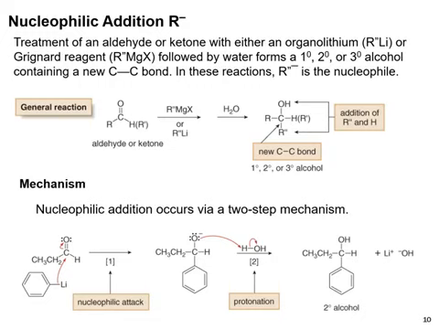Aldehydes and ketones react with an organometallic compound. The organometallic compound may be a Grignard reagent, RMgX, or an alkyl lithium, RLi, or a dialkyl zinc, or any other alkyl organo compound. First of all,